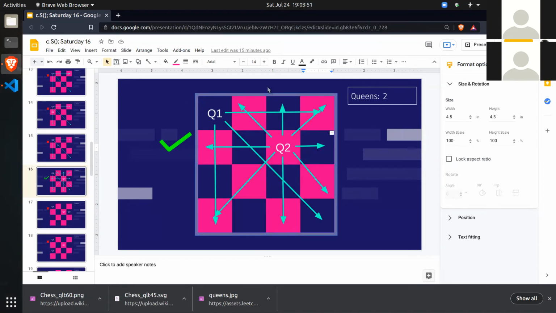Columns are also 0, 1, 2, 3. And Q2's position is row 1, column 2. That is Q2's position. So let me just put a text box here.